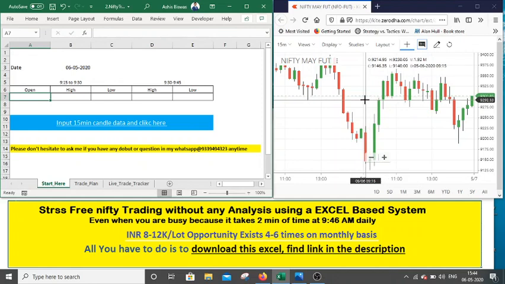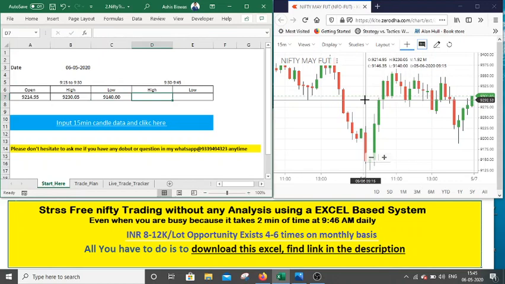Now the first candle high, low and open. The open of the first candle today, this is a Nifty futures chart of 15 minutes, was 9214.95. Okay, that is the open. Now the high was 9230.05, and the low was 9140,